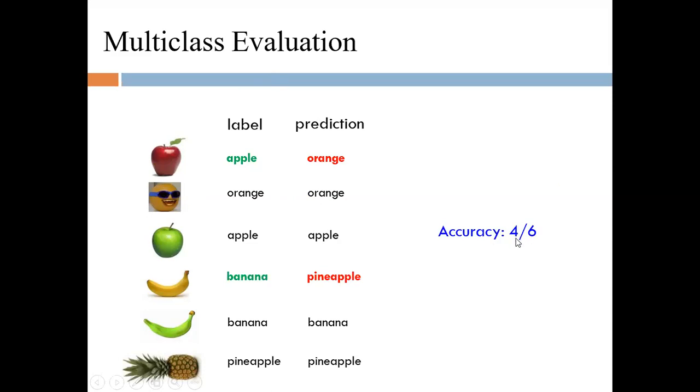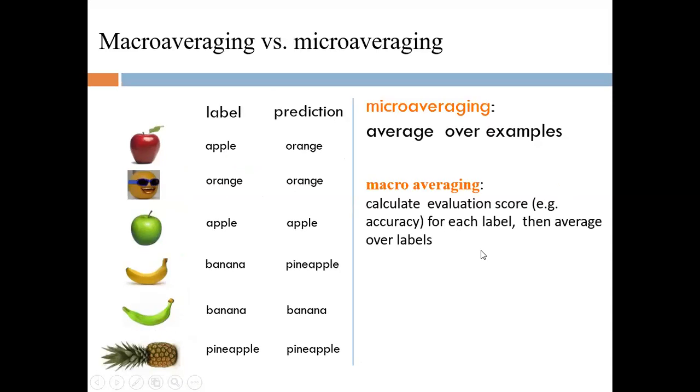4 is the correct prediction. 4 instances are correctly predicted, whereas 2 instances, the first and fourth instance, are misclassified. Hence, 4 divided by the total number of instances, 6. So that gives me the accuracy 66.66%. Now this accuracy can also be determined by using two new concepts called macro averaging and micro averaging. So what is macro averaging?